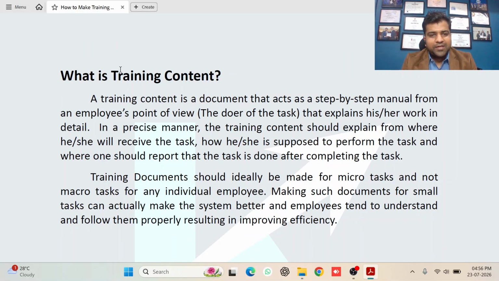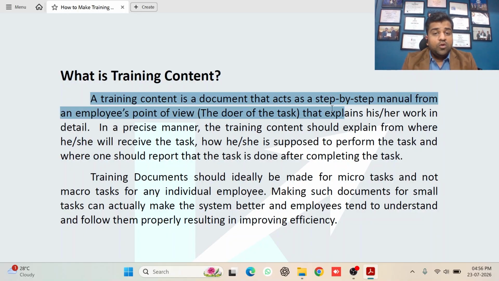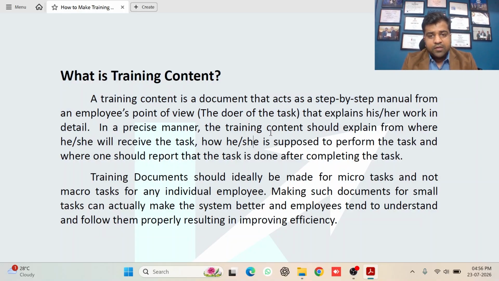So, how to make training content? What do we actually mean by training content? The training content is a document that acts as a step by step manual from an employee's point of view, that is the actual doer, that explains his or her work in detail in a precise manner. The training content should explain where he or she will receive the task, like from where will they receive the task,